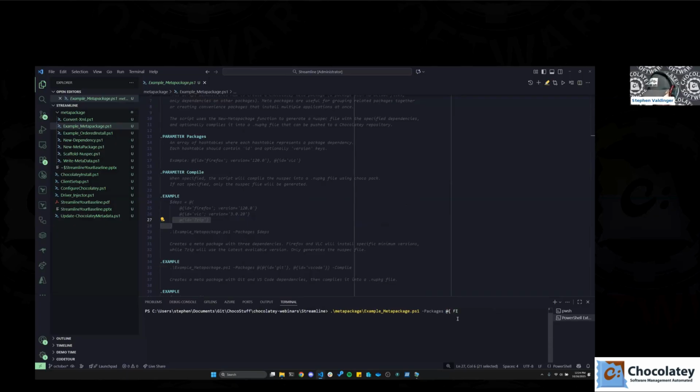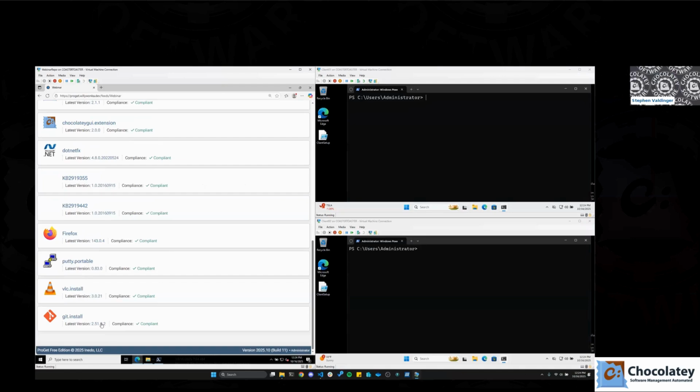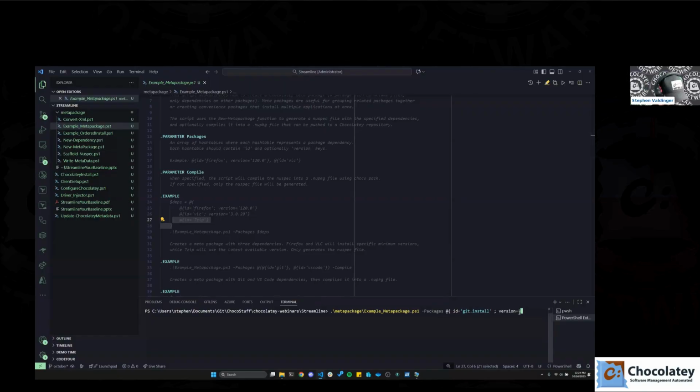Let's do get dot equals get dot install, and then let's do the version equal to, and let me just real quickly get my version number off of here, 2.51.0.2,